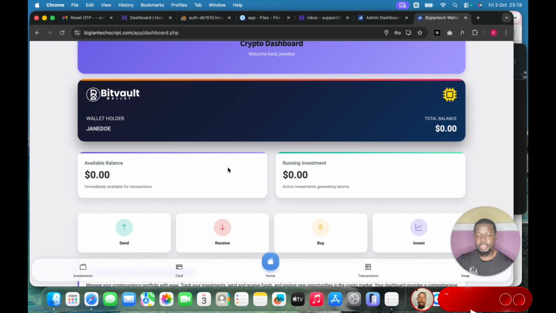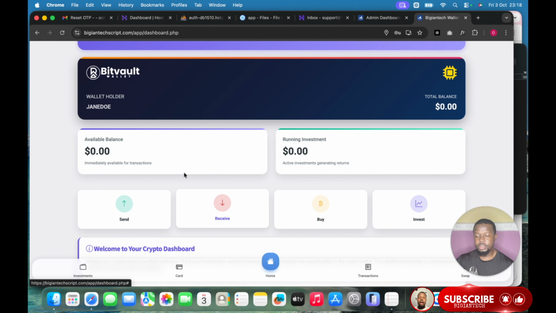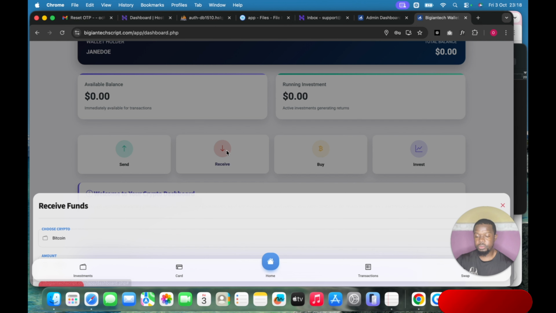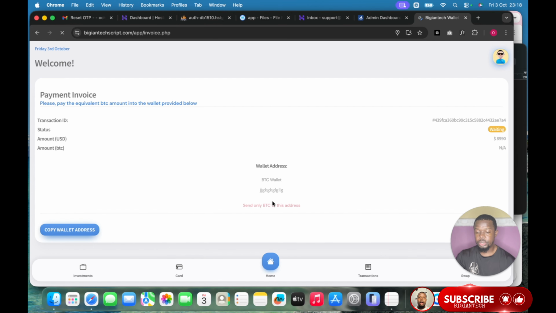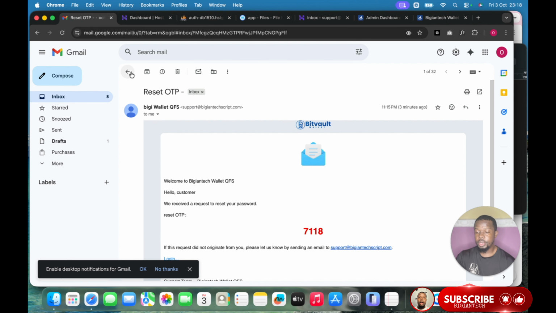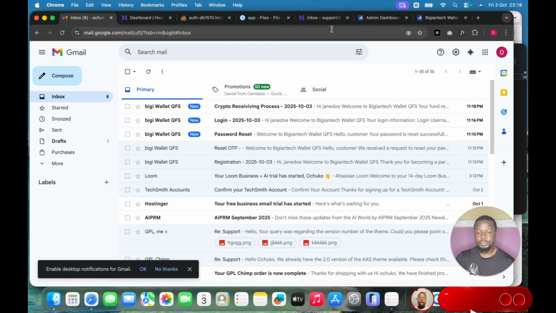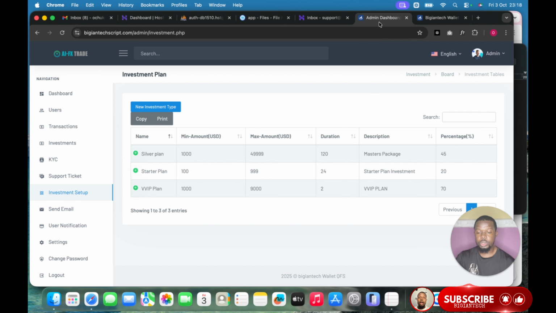So guys, the next section here is, let me show you guys the walkthrough on the script. So once you click on receive, now receive is the way users will be able to deposit. Then I'll click on receive funds. Now it takes them to the invoice where they're able to copy the wallet. After they copy the wallet address, then they have made the payment. Let me go back here. I can see the email, right? So once I come back to admin,